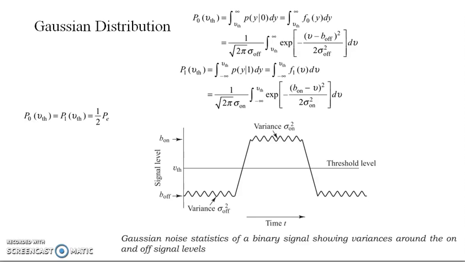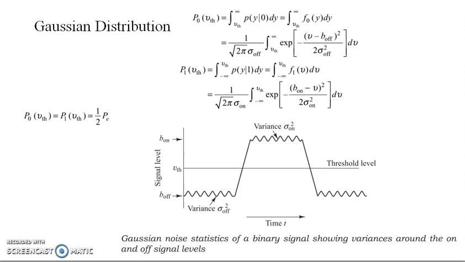Okay, hello. We continue with the earlier lecture. We have started from the bit error rate, and we have defined the probability of 0 and probability of 1. The probability of 0 is when bit 1 is transmitted, and the probability of 1 is when we have misinterpreted and a 0 is received.